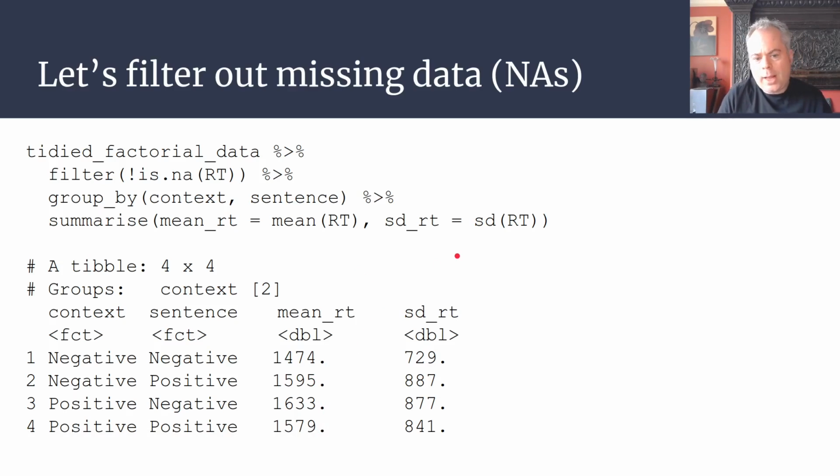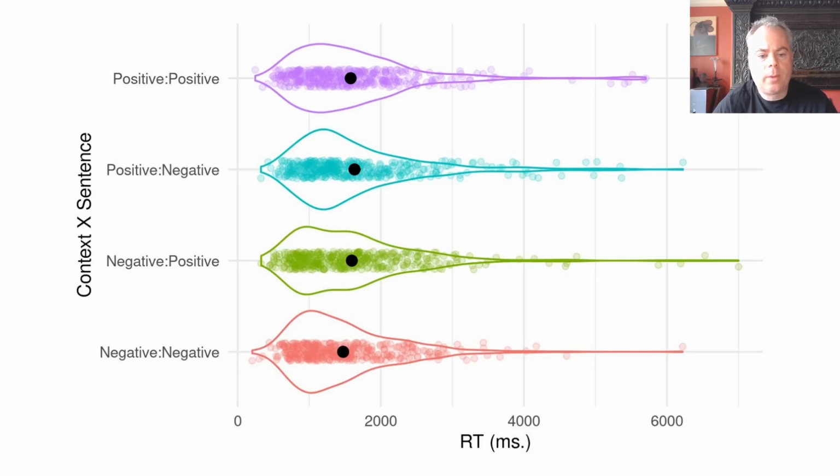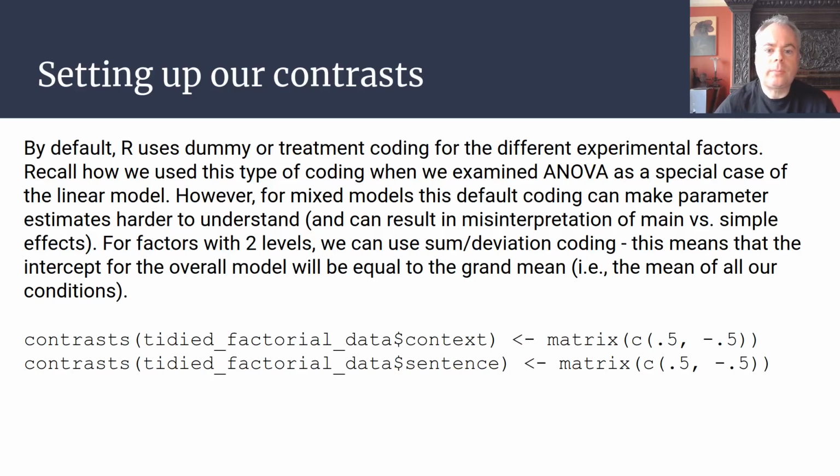So we kind of think, well, actually, there does seem to be a little bit of a possible priming effect going on here, but it's not symmetrical. It seems to be driven by reading times to the sentences containing negative information. But we need to build our model to determine whether or not that's a statistically supported conclusion. So when we're building models for factorial data in R, we need to be quite careful because R, by